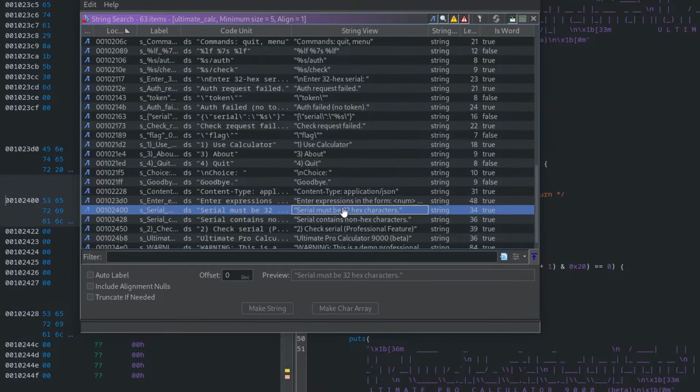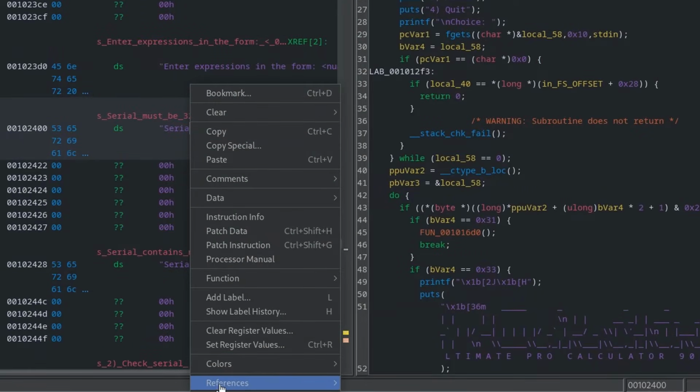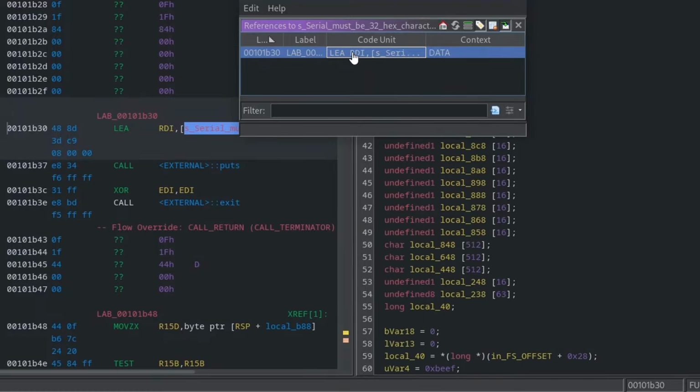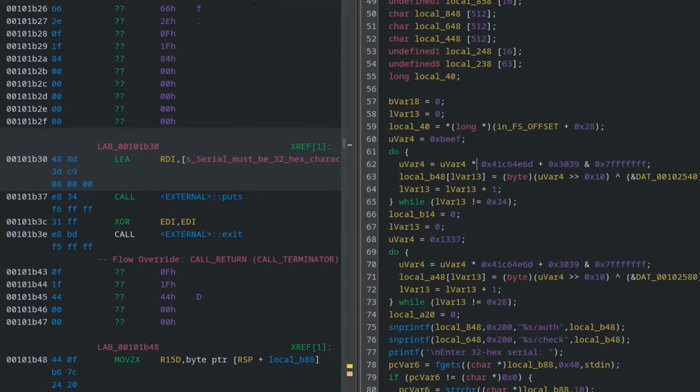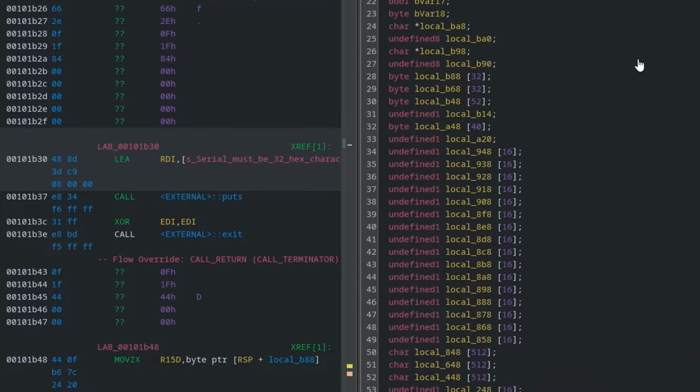Yeah, just click any one of these. Show references to the address. There we go. Alright, so this is where that string is used, in this function. So again, you could have just gone through these. There weren't too many functions to look through, and if we saw this one, we would notice that there's a